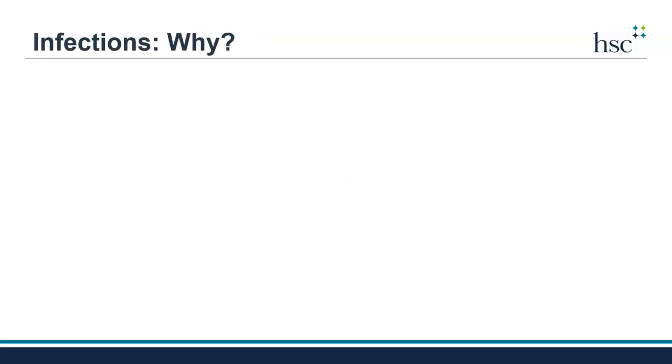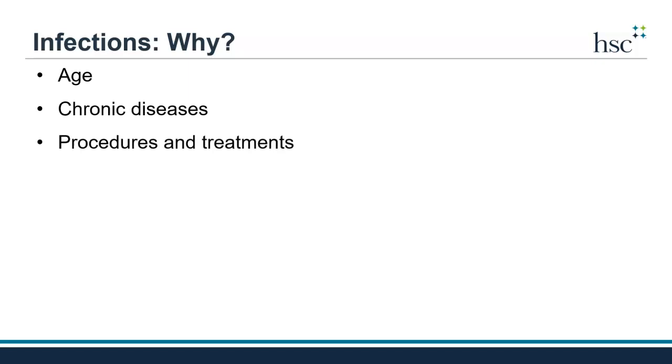So why do nursing home residents get infections? Well, many times it has to do with getting older and your immune system not being as strong. Of course, many times with age, people have more chronic conditions, and this can make them more vulnerable to infection. Many times, older adults have to undergo different procedures and treatments because of chronic conditions. For example, using a urinary catheter, which is a tube placed in the bladder to help people urinate. This tube can allow bacteria to enter a person's body more easily.